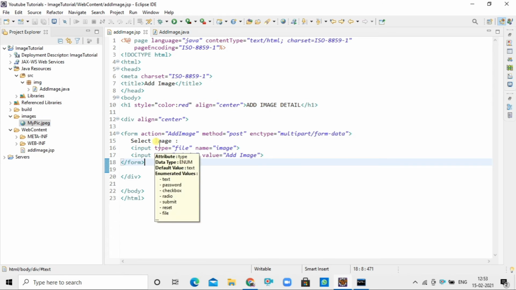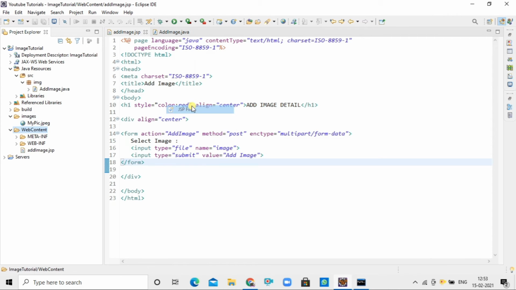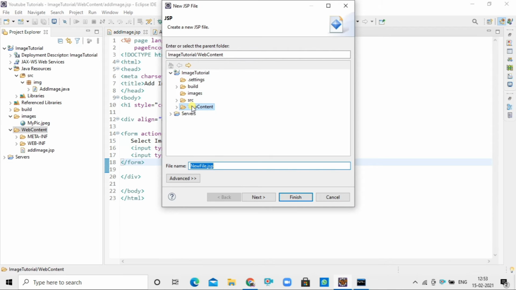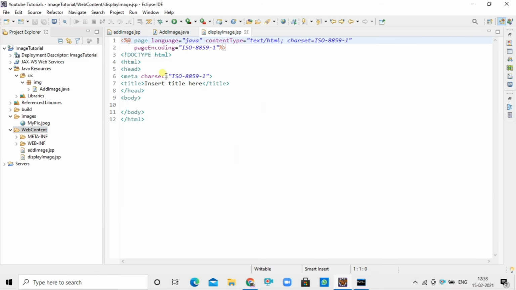Now we have to display this image on the JSP page. So creating a JSP file, displayImage, inside WebContent. Changing the title to Display Image.